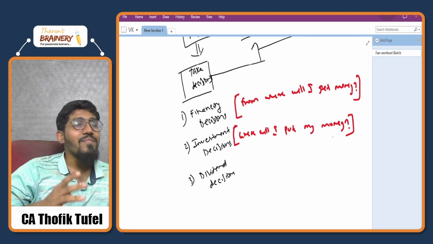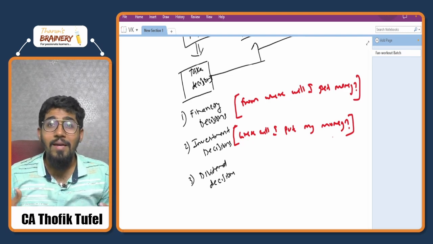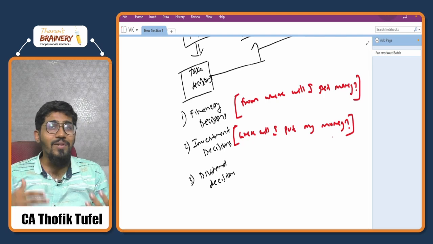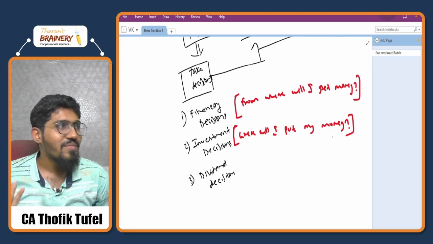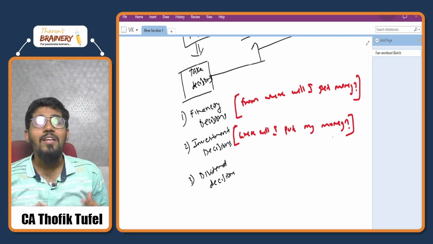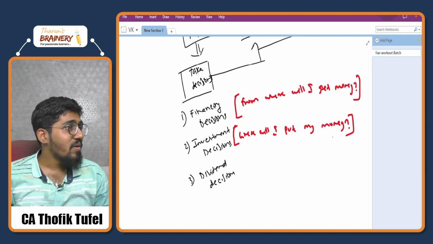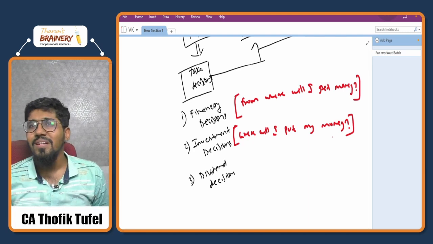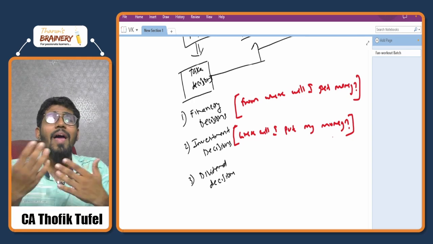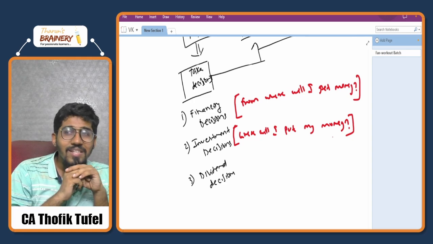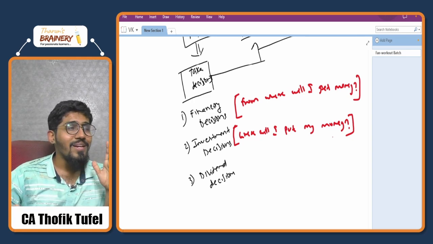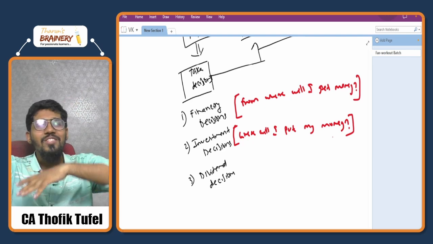So that investment is what we call commitment. Commitment means investment. Understanding? Now, if you are having that commitment, you're not doing it for nothing. You will be having some expectations. So that expectation is called return. In that case, the expectations are different.